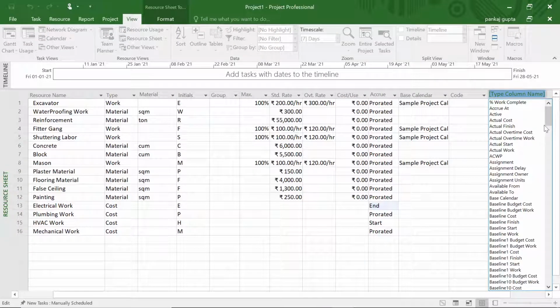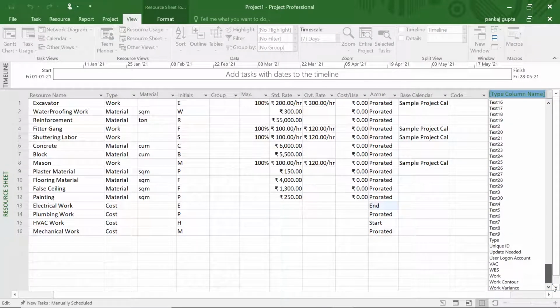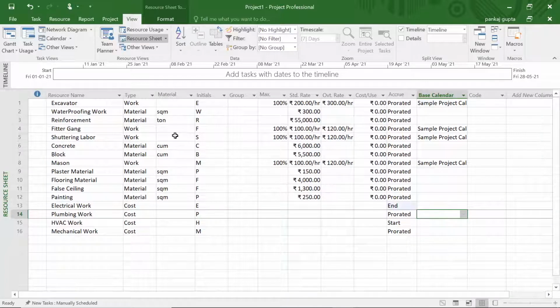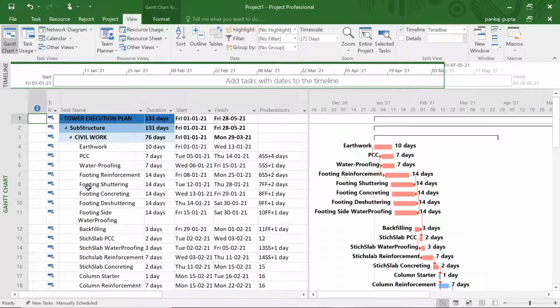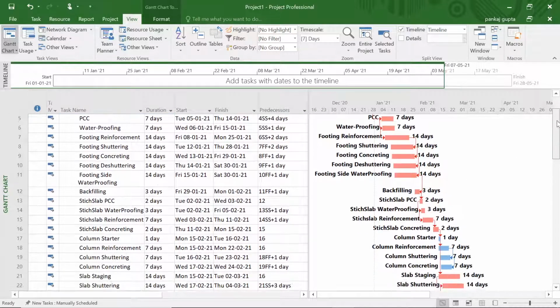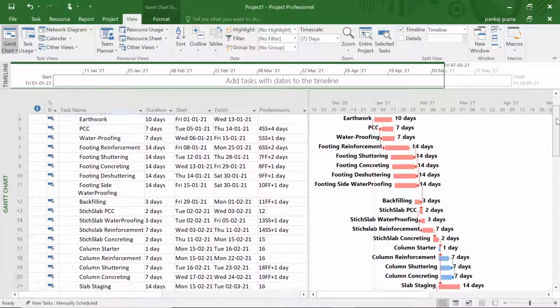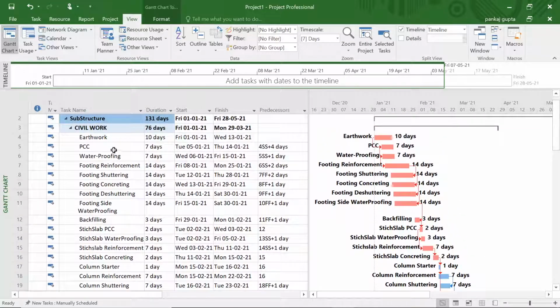There are a lot of other details which can be input for the resources by adding an additional column. For electrical work, we have allocated at the end, and for the HVAC work, we have allocated at the beginning. Now similarly, you can create your resources for the project in the resource sheet with the same specifications or values as created in this session.